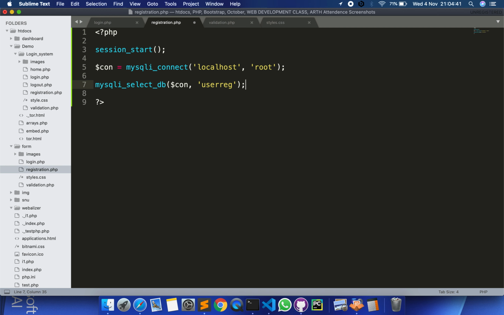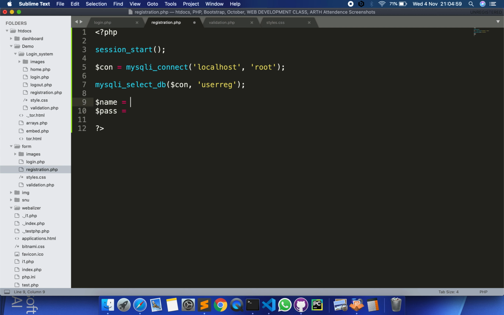Fine. Now since we'll be getting our data from the form, we need to create two variables, $name equal to, and another will be $pass equal to.